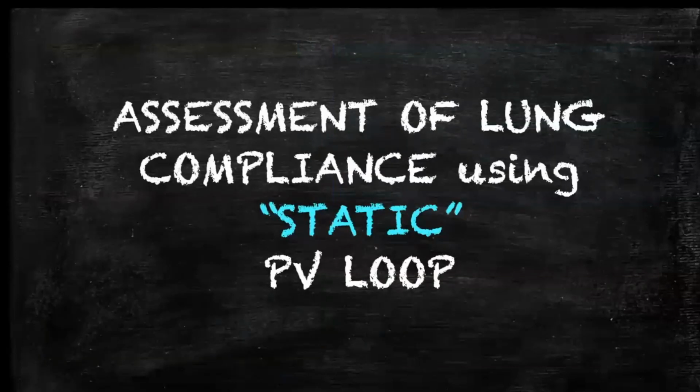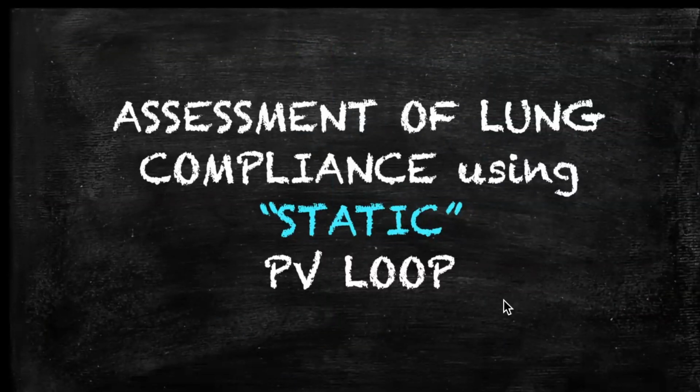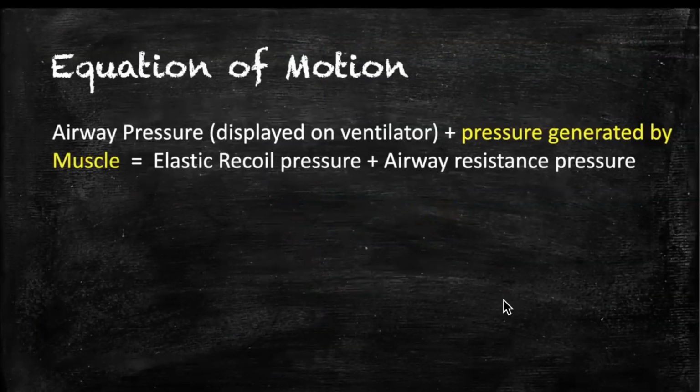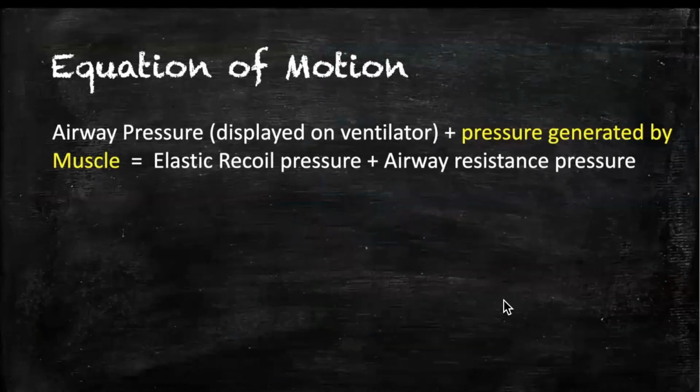Let us not waste time in an advanced CME like this on these kinds of things which we all know, I'm sure. We will go to those loops which we normally see on mechanical ventilation, called dynamic loops. We are today going to discuss static PV loops. So what is a static PV loop? It is a loop which allows us to see the association between pressure, volume and respiratory compliance.